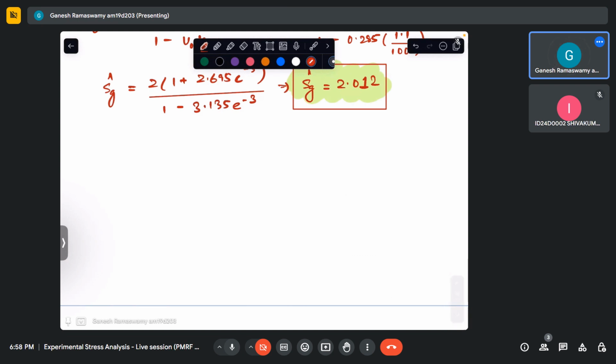So the error introduced if the transverse sensitivity effect is not taken into account is, or rather let me say the error like that,